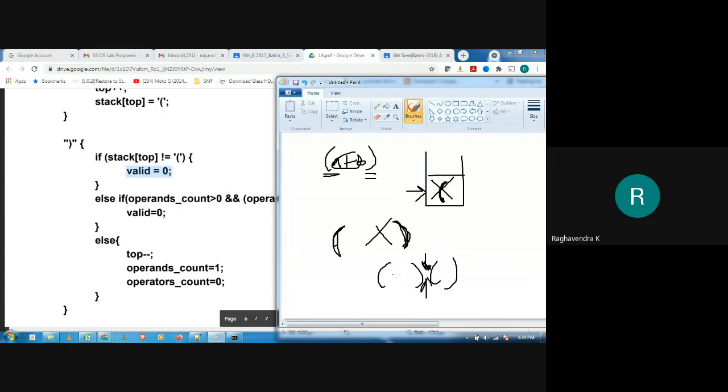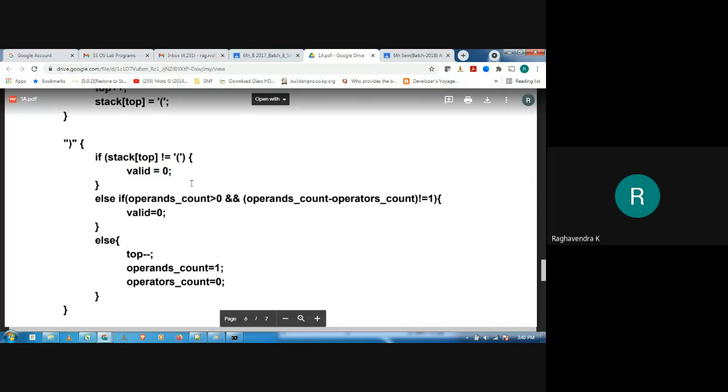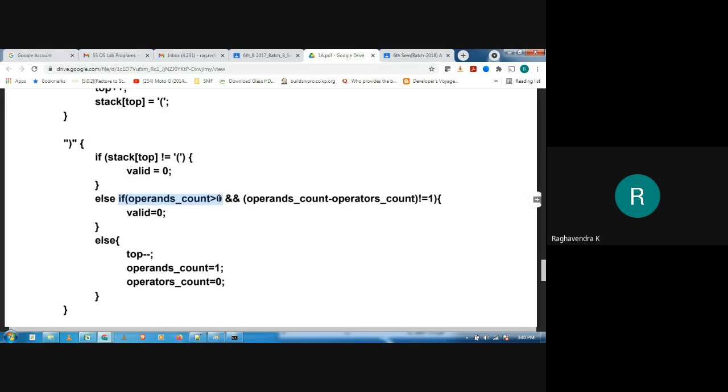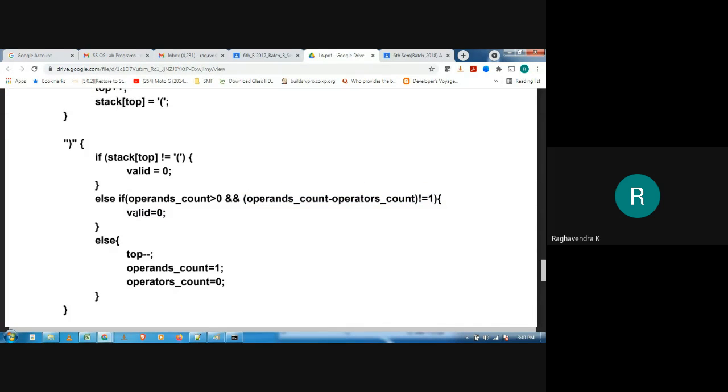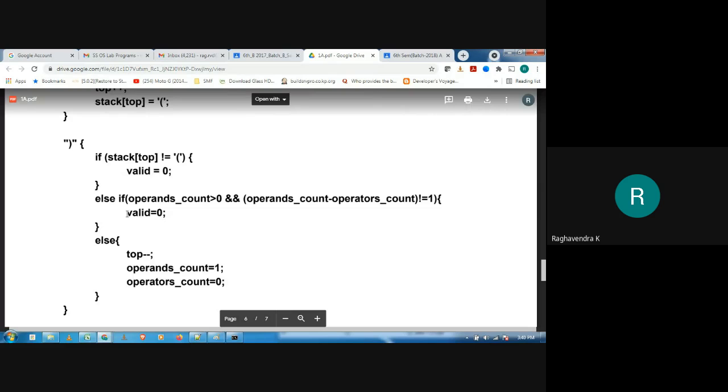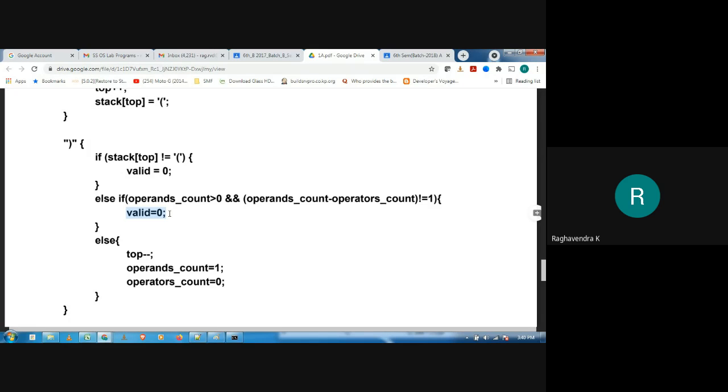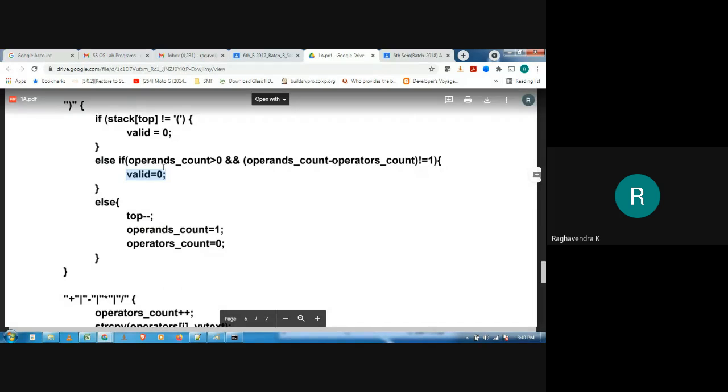Whenever I write an operator or operand, I expect a valid expression to be present inside this. That's why this else if case has been mentioned here. So if operand count is greater than 0, and if it is an invalid expression inside, then you set valid to 0. Okay, so two invalid cases have been handled here.